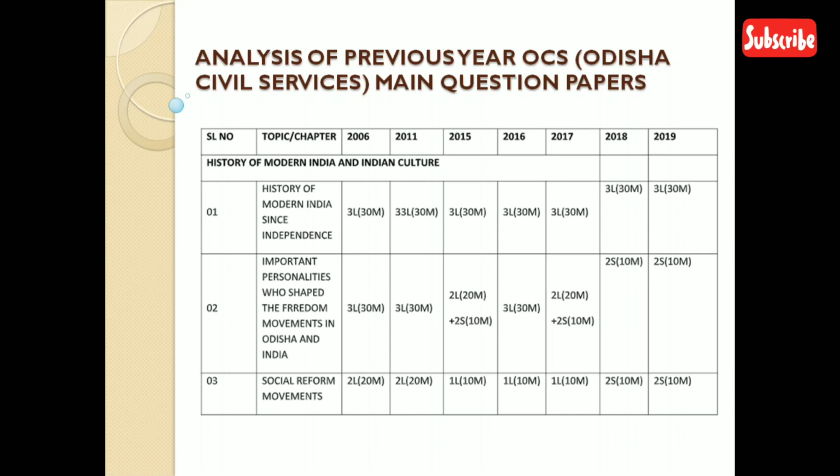This video helps you understand the analysis of previous OCS-Main question papers, including the 2019 question papers. We do this analysis on a regular basis at Apti Plus to make people aware of the syllabus and the areas from where questions are coming. The question setter wants to make a trend, so there must be a trend analysis of the sources and portions from which the questions come. Accordingly, students can prepare and get ready for the future examination.